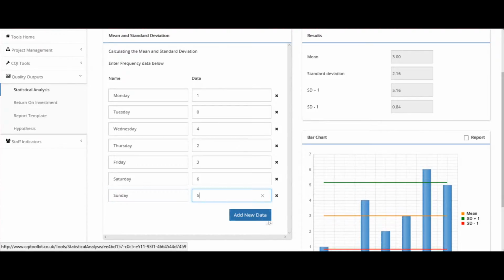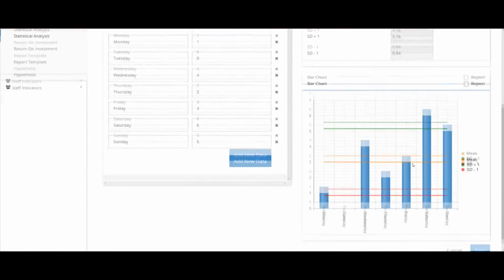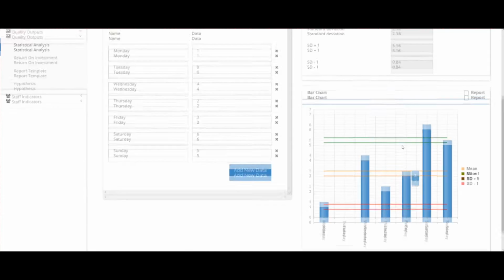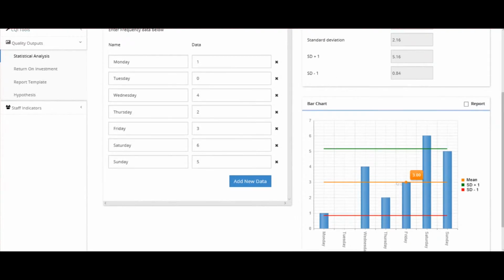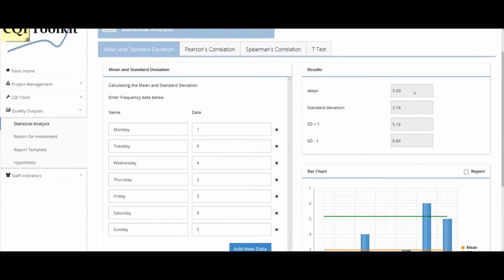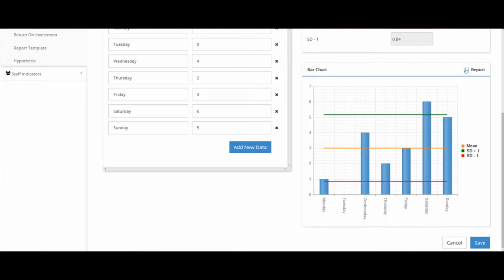we'll say 5. So as you can see down the side, the chart starts to reduce immediately. We have the mean, and we have 2 charts. We've got the standard deviation plus 1, and we've got the standard deviation minus 1. It's also broken down at the top. It gives you your standard deviation, there's your plus and minus figures, and you can actually export